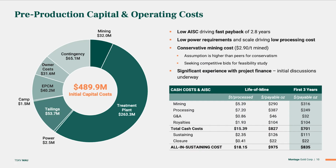Some detail on the capital and operating costs. Obviously it's a large process plant, 11 million tons per annum, which takes up a big chunk of the cash. The tailings processing, in excess of 160 million tons, will be a fairly large facility that will be staged through into sustaining capital, which helps. The mining component there is not necessarily pre-strip, but really is just mining ahead of the commissioning of the process plant to make sure that there's adequate material on the ROM pad ready to go when the